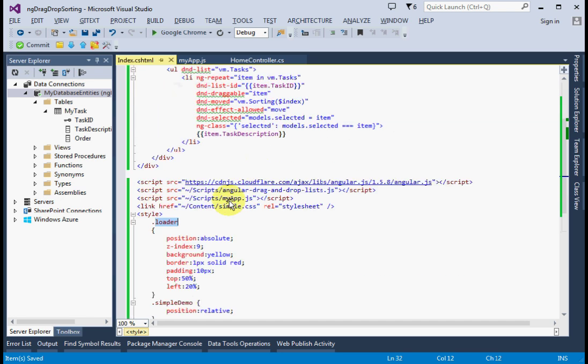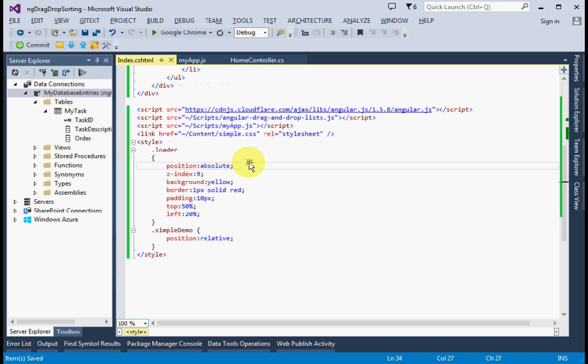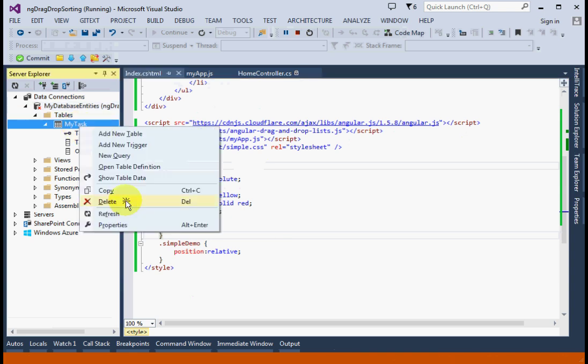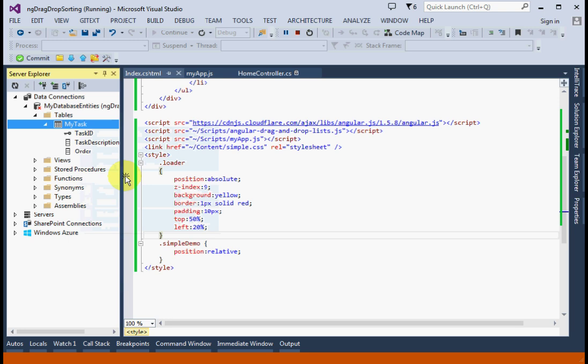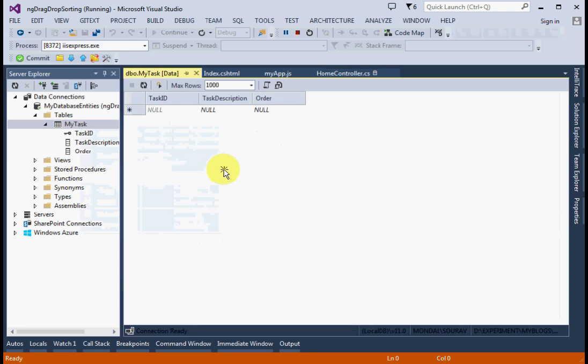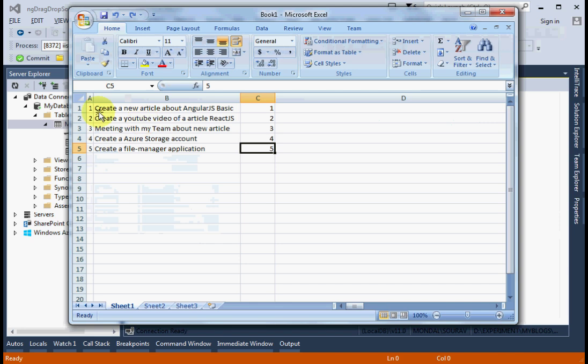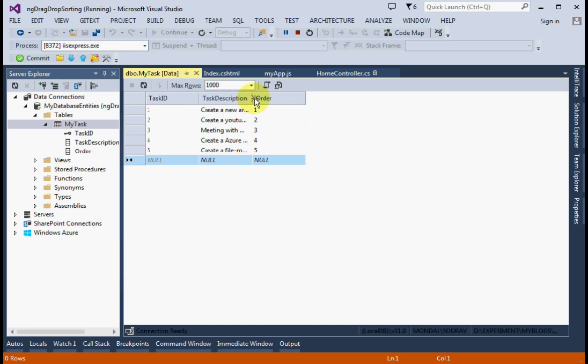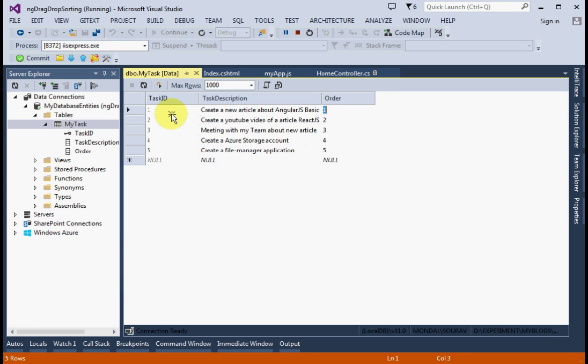So before running this application, we need to add some data in my table. So just go to your table, show table data. Here I will add some tasks. You can see here create new article about Angular basic is my first priority, so it's order 1. This is about require.js is 2, meeting with my team order 3, Azure 4, file manager application 5. Okay,